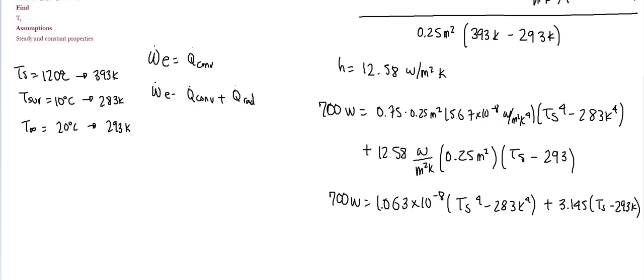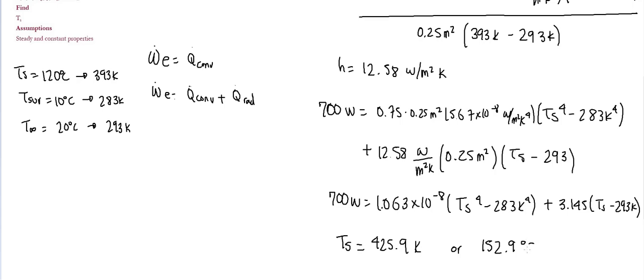Notice that this is a fourth degree polynomial, so we cannot solve it by hand. You may choose to do it by a graphing calculator, by MATLAB, or by Excel, whichever you're more comfortable with. I did it using a graphing calculator, so please make sure that you try it on your own. The answer that you should get is that the surface temperature is 425.9 Kelvin, or if we do it in Celsius,